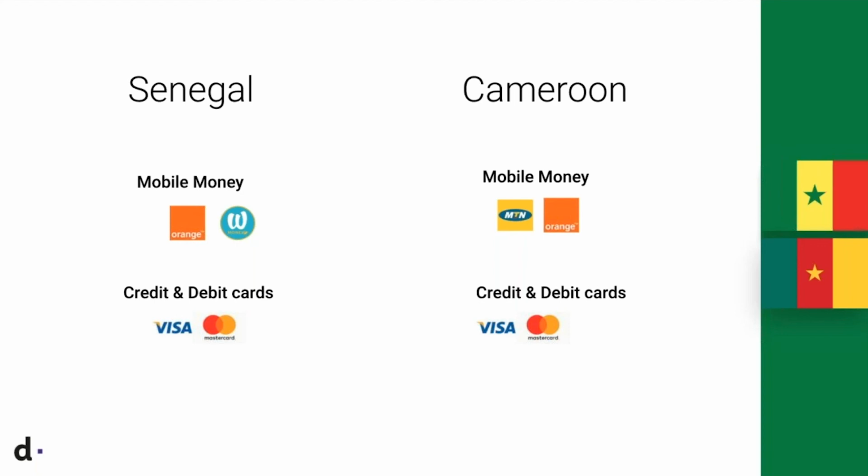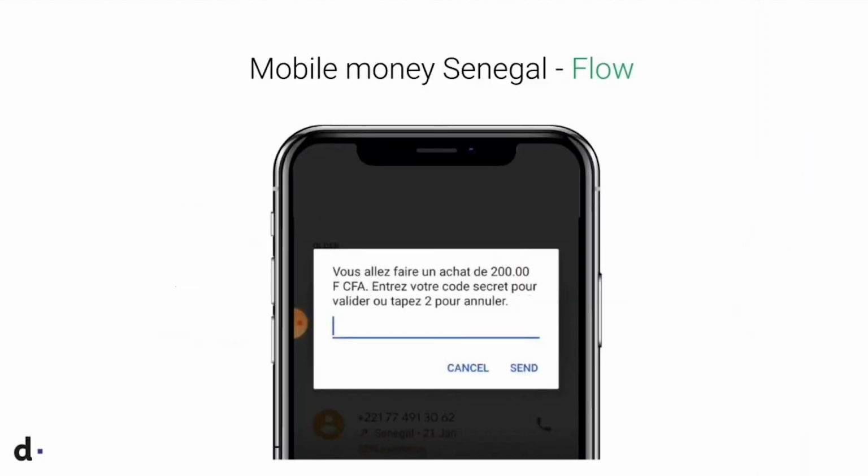Senegal and Cameroon also belong to the same economic region, so you find they have very similar currencies, XOF and XAF. Again, just to reiterate, the flow is consistent. So when you think of mobile money, if you are integrating in Kenya, Ghana, Senegal, Tanzania, Cameroon, wherever, it's been standardized so that the customer's expectations, even the merchant's expectations in terms of introducing their customers to the way they can pay them, is simple. It's the same thing across the board, just different service providers.